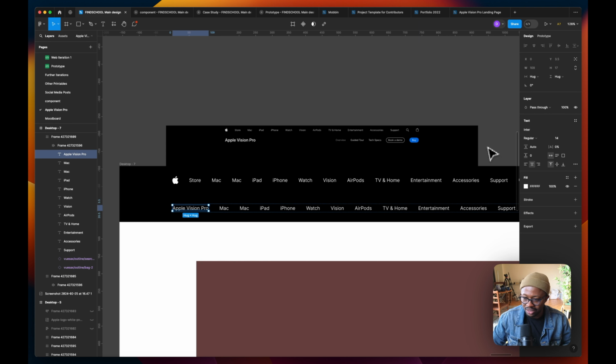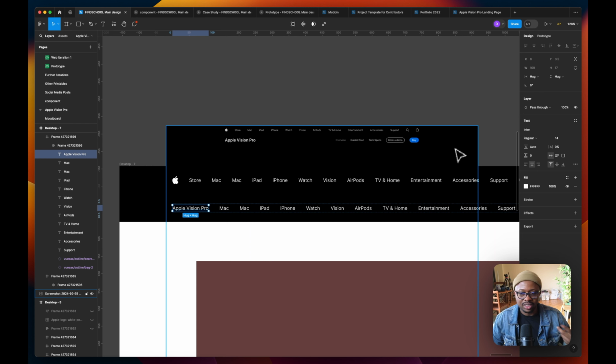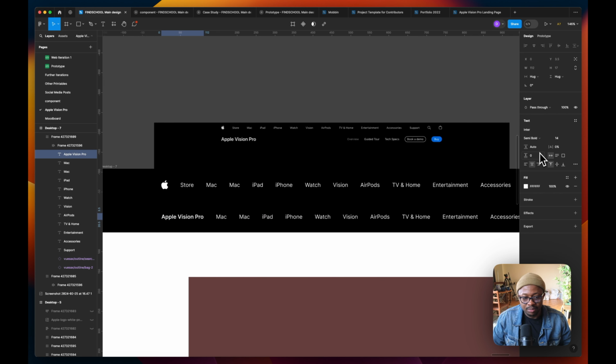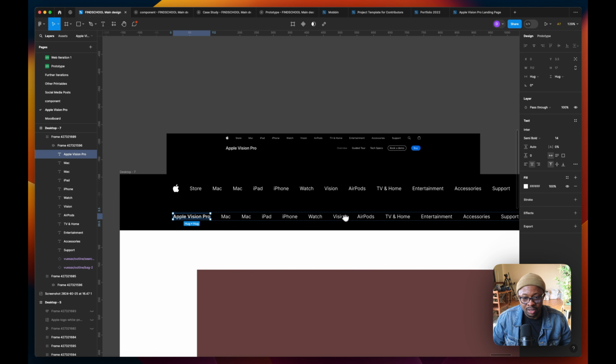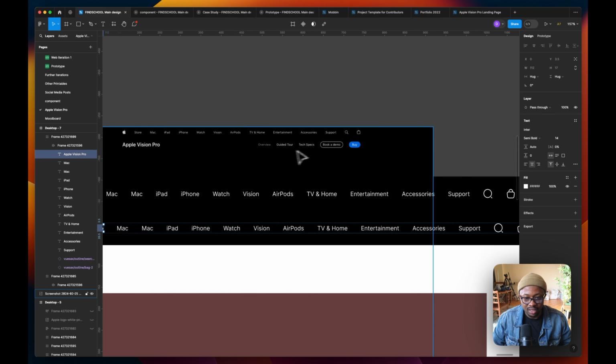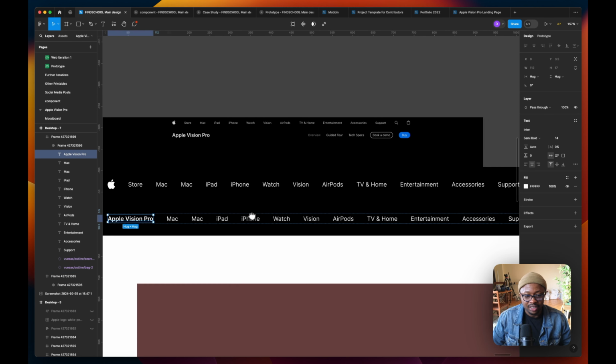This is just a practical example class, so I didn't want to copy it word for word, so I decided to put some, you know, source into mine. So I'm using the font Inter, and you can use that also, or the SF font, whichever one you want. But clearly looking at this, you can see that it is kind of bold. So let's make that semi-bold. That works for us. And then we have some other items here, like the overview, guided tour, text specs, and